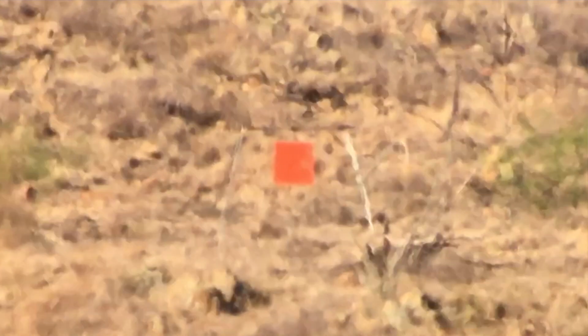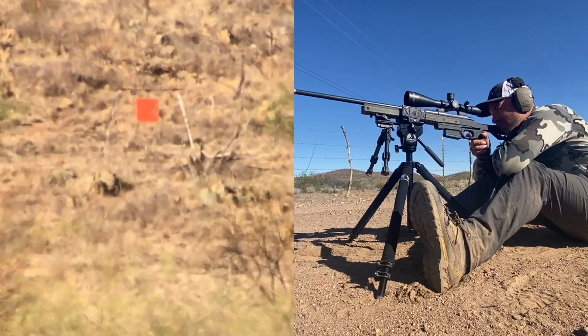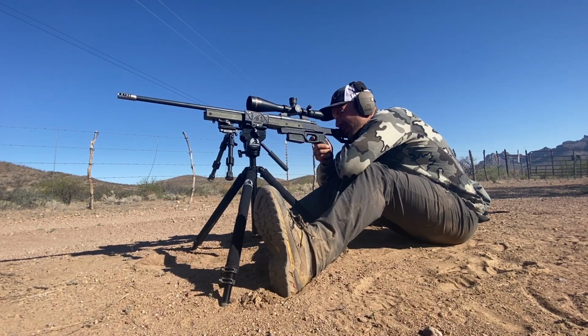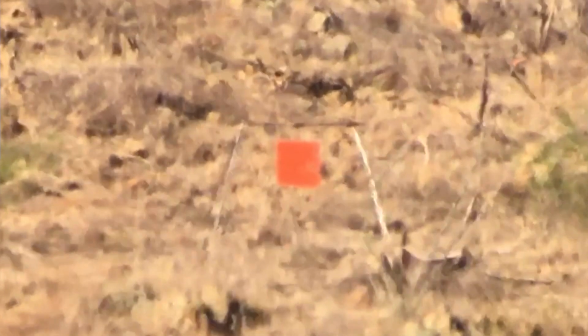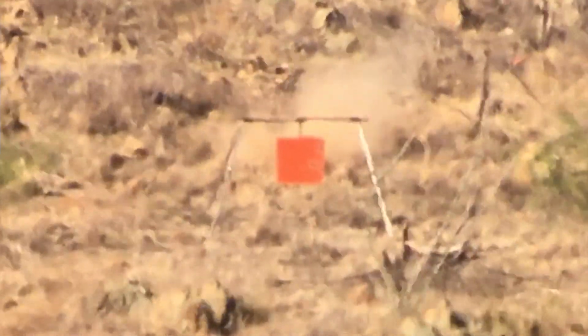Looked like that was just high. Didn't see it. I think it hit a little bit low. No, just off target. At this distance,